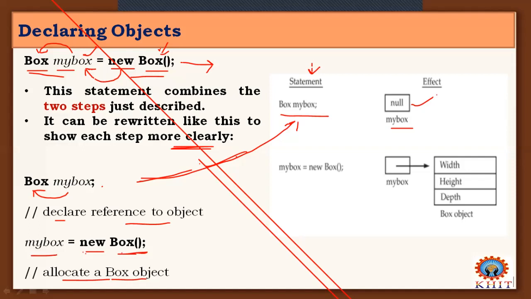When the second statement is executed, myBox equal to new Box, memory for the object is created, and this object memory is referenced by myBox of the box class.